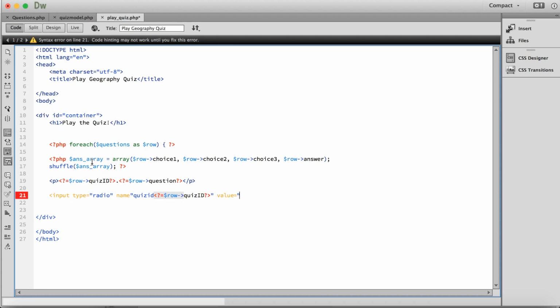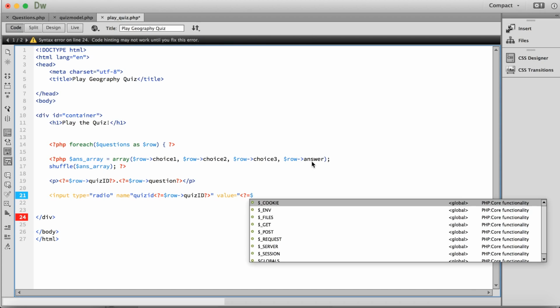Because like I said, if we didn't shuffle it, the answer will always be in the same position, being the last one, and we don't want that. So for the value, I'm going to open a bracket, same as before. And instead of doing row choice 1 then row choice 2, because it will be the same like that, I'm going to do